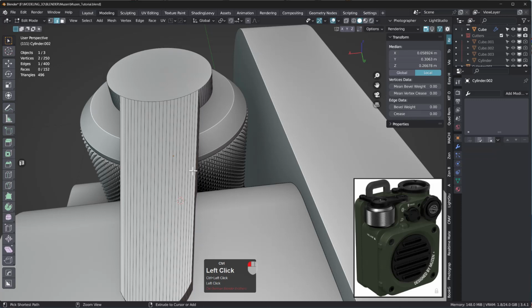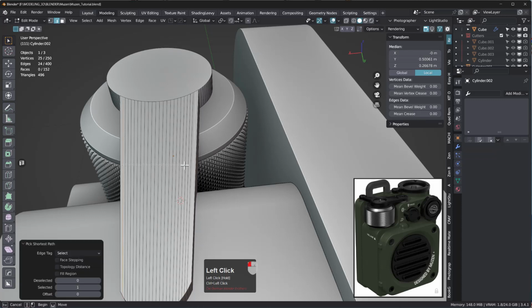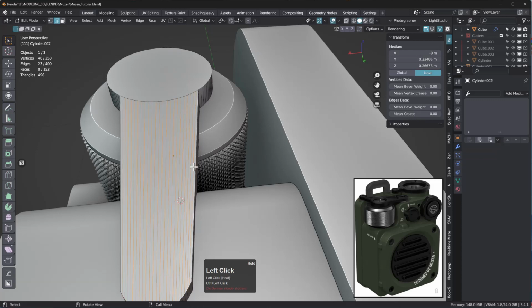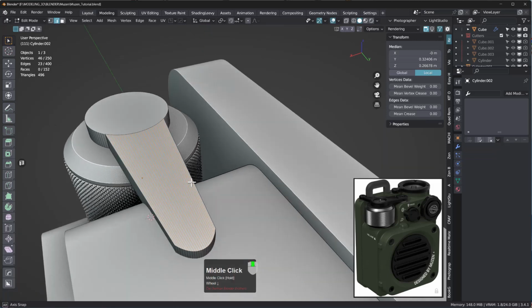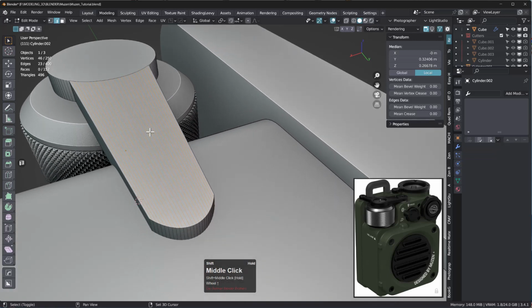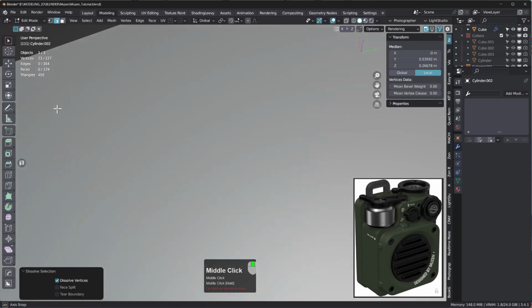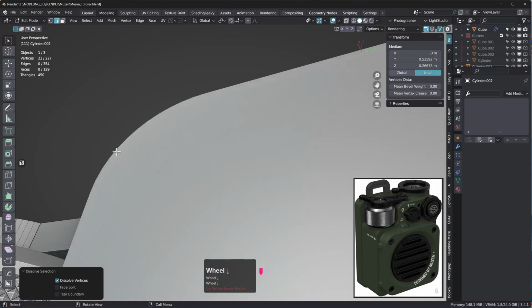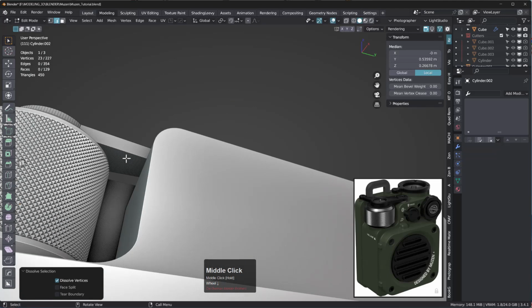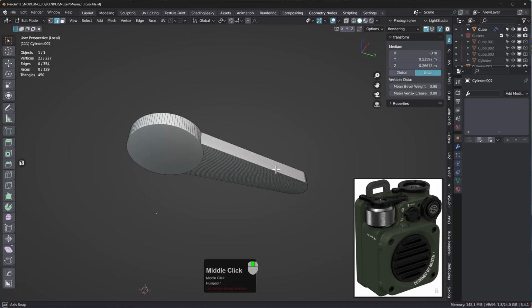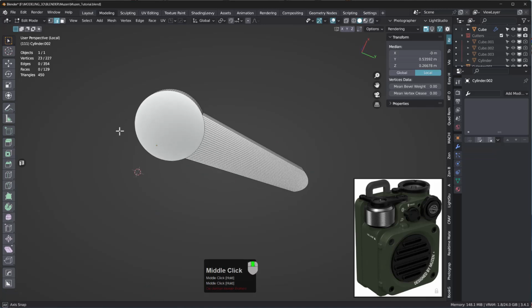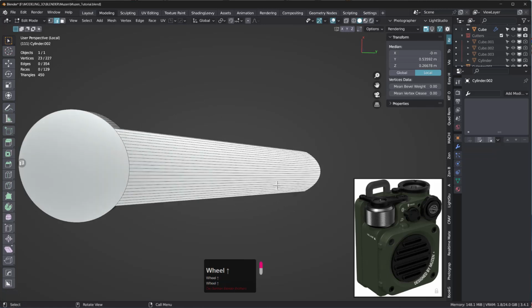Click here or select this bunch of edges, Control X to delete them or dissolve them, and the same on the bottom part. But to do this, we press the / on the numpad